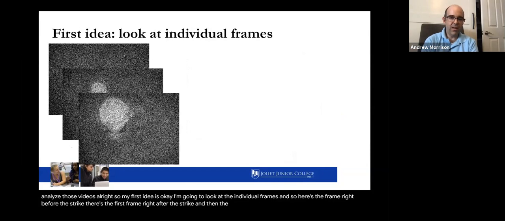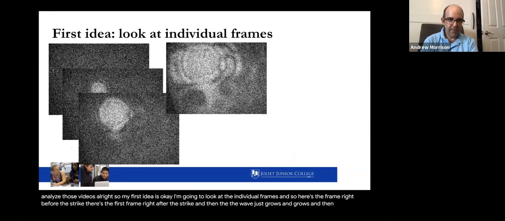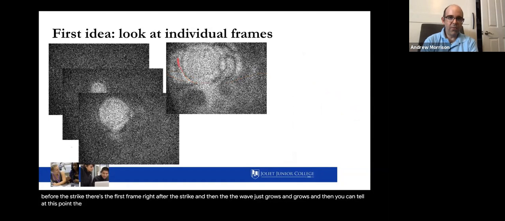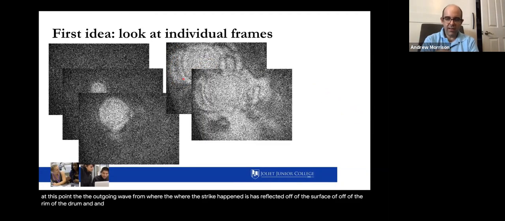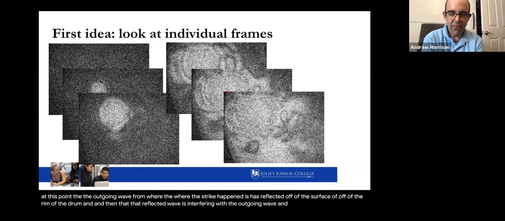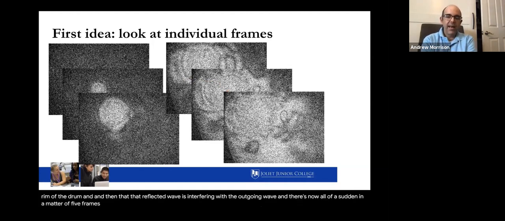And then you can tell at this point, the outgoing wave from where the strike happened has reflected off of the surface, off of the rim of the drum, and then that reflected wave is interfering with the outgoing wave, and there's now all of a sudden, in a matter of 5 frames, it's just a mess, and it's really hard to follow. And we were measuring this at 15,000 frames per second,